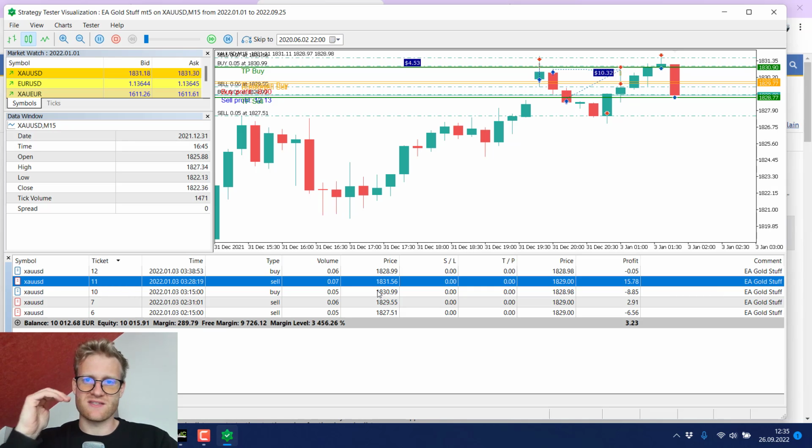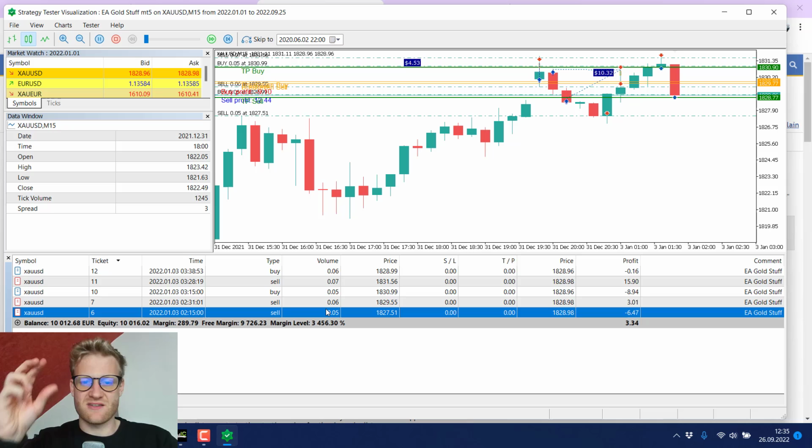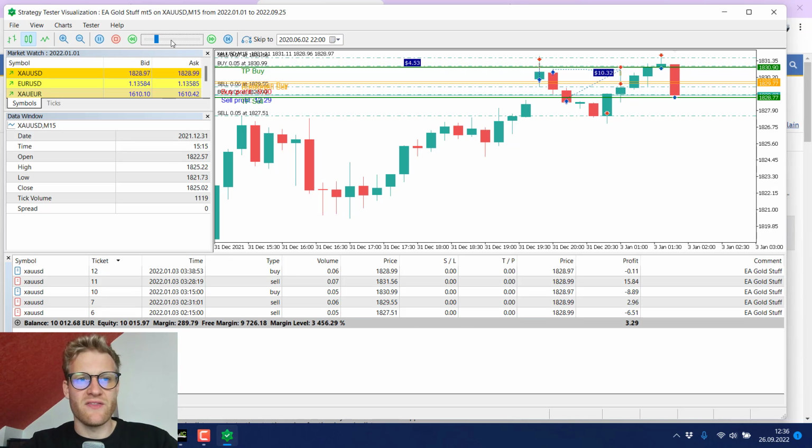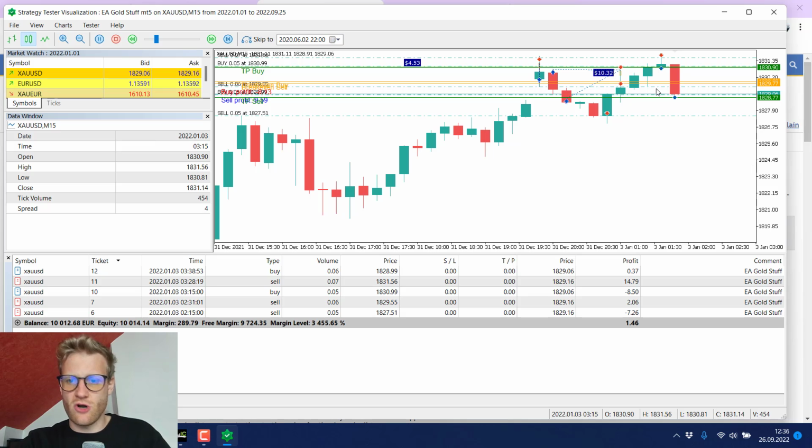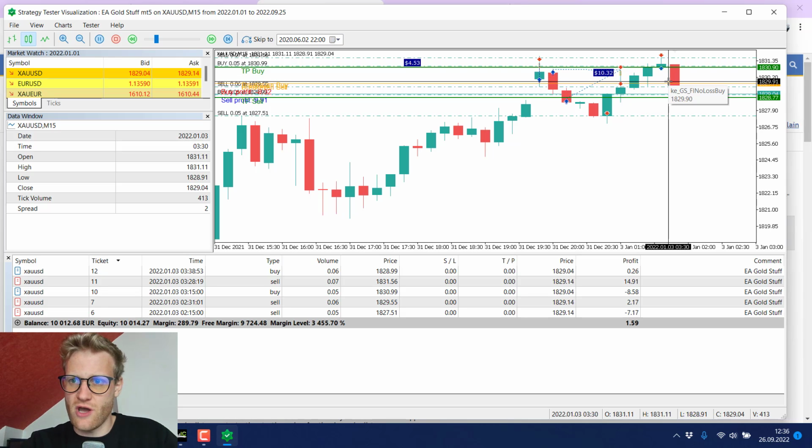The first one is this grid or ladder functionality, however you want to call it, where you increase the amount of positions, or you open additional positions once your first position or last position is losing for a specific amount of points already. Then we see this martingale functionality where you also increase the lot size for every additional position. And yeah, then we will see, of course, the break-even price for these sell positions also changed. So now we see it